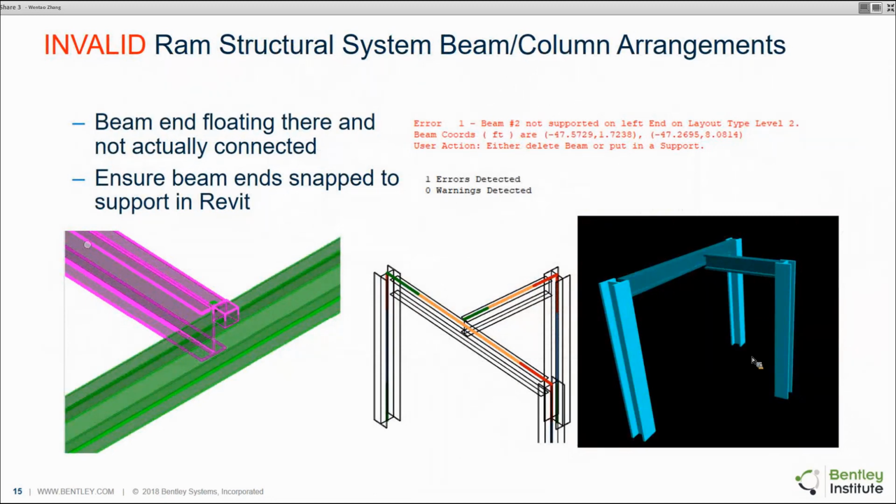So here I'm illustrating some invalid or error arrangements, and to highlight what's going on. On the left is a screenshot of what it looks like in ISM. In the middle is what it looks like in Revit, and on the right, what it looks like once we brought it into RAM Structural System. It came in okay,